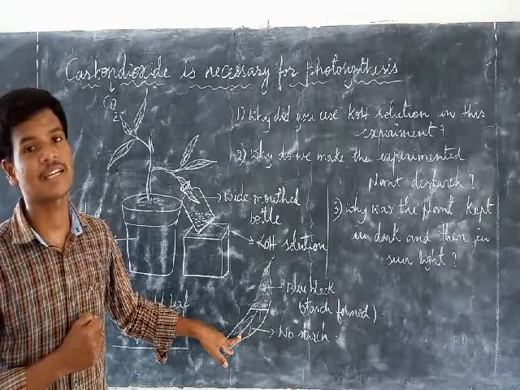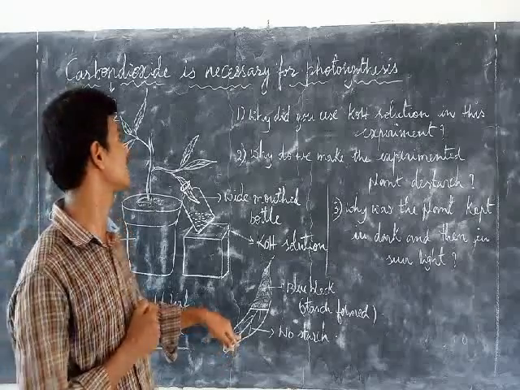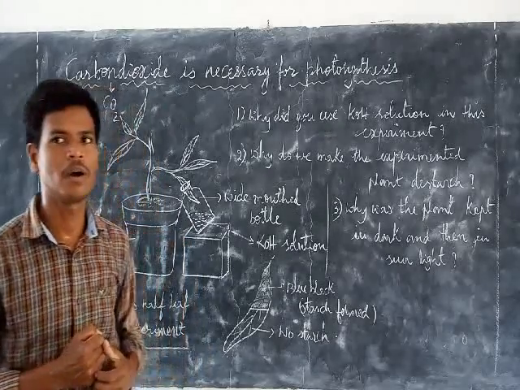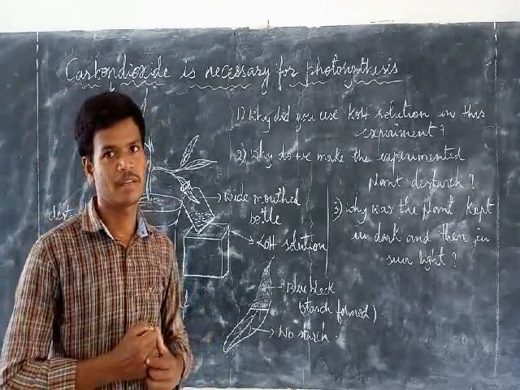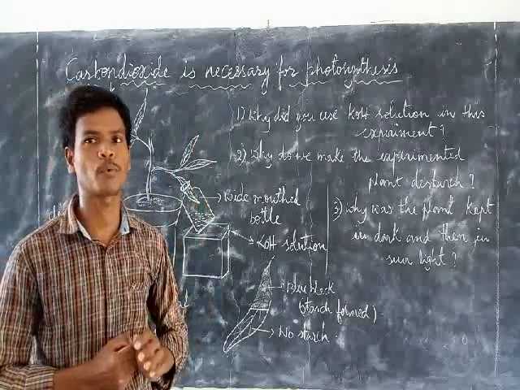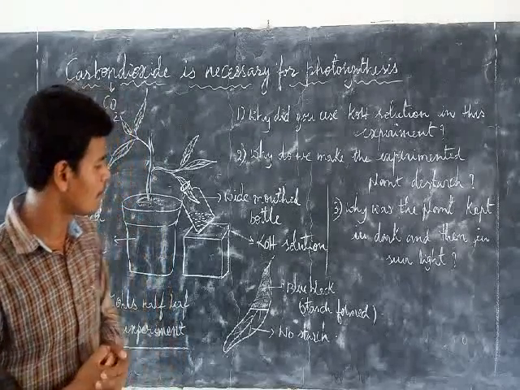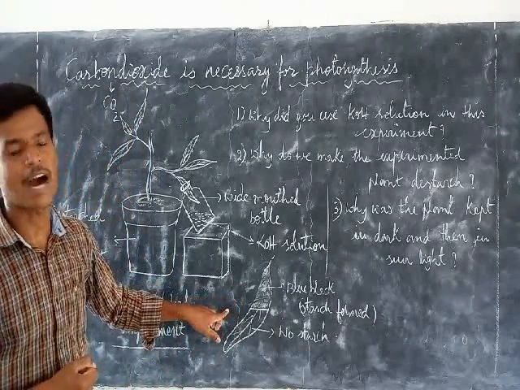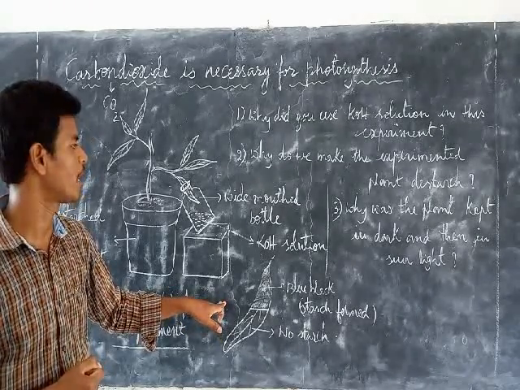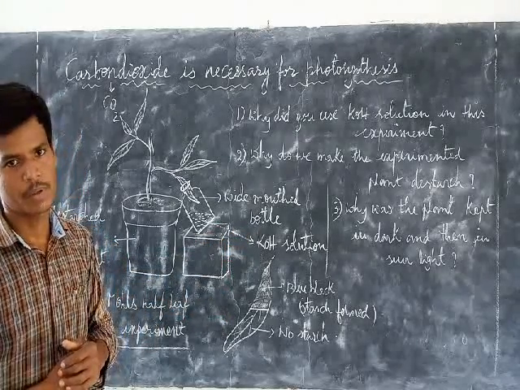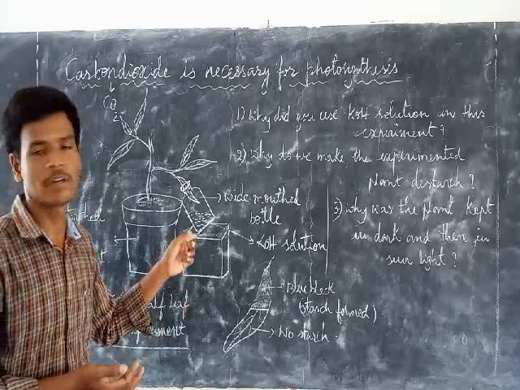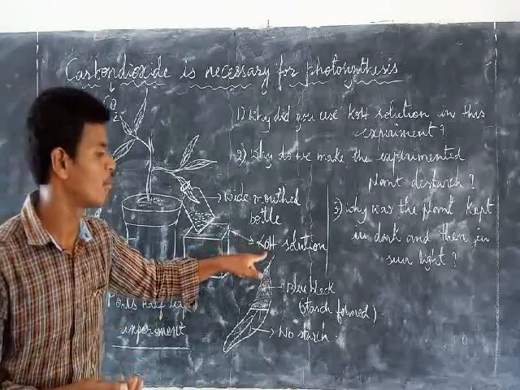Because of what? Some essential factors, such as carbon dioxide. Light is also one of the important factors. We already studied them in our previous class. Now we are discussing carbon dioxide. It is also one of the essential factors for the process of photosynthesis. Here, carbon dioxide is absent in this activity due to the addition of KOH solution, so carbon dioxide is not involved directly in this activity.